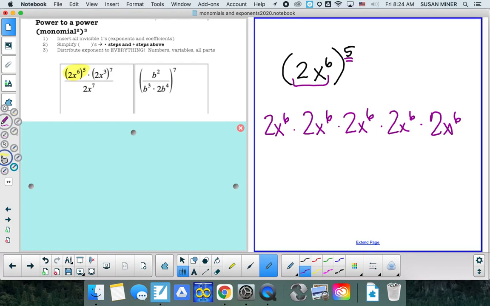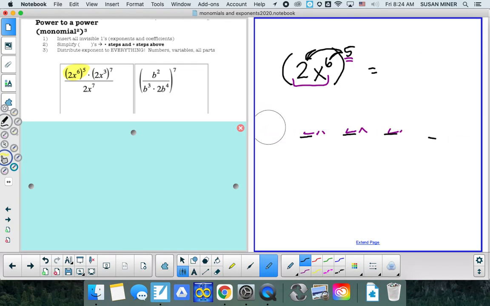But what I have a lot of times, one of the most common errors when students are raising a power to the power is that they forget that this 2 is also being affected by that exponent of 5. And so what I end up with is students telling me this is 2x to the 30th. And they get this part, multiply there, but they also forget to multiply here. So what I usually have you guys do to start out with, or a good tip so that you don't make that